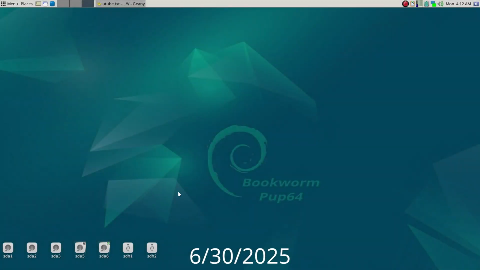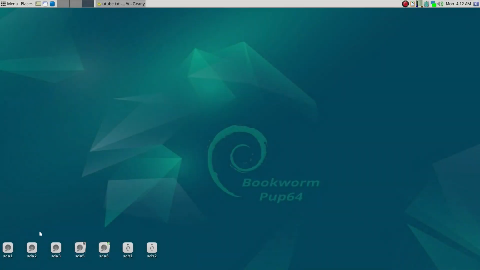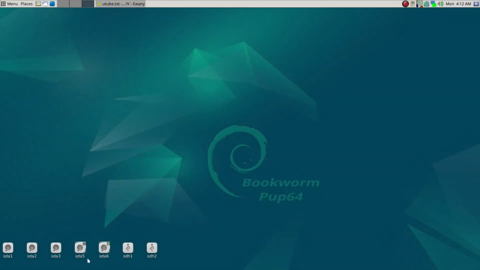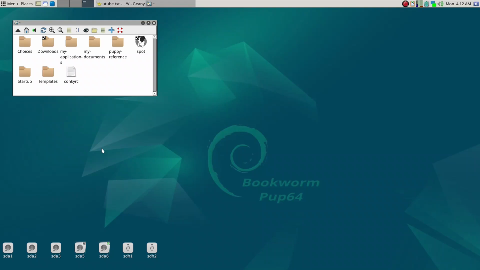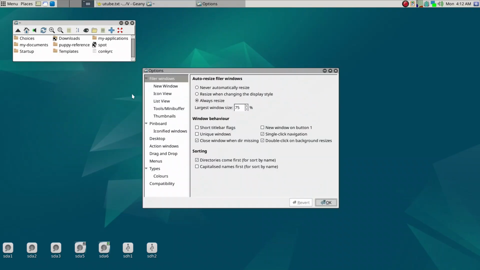Today I'm going to show you how to adjust within the desktop hard drive partition icons. Before we get started, I wanted to show you that there is a separate rox-filer that controls the appearance of icons. So let me just go ahead and start rox-filer, then minus, and then right click options, and then go